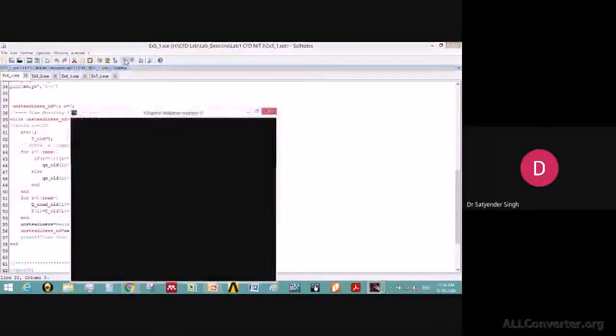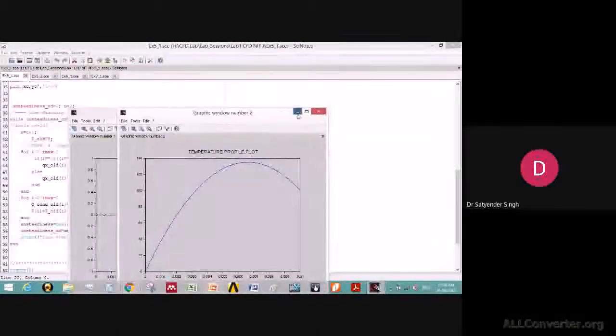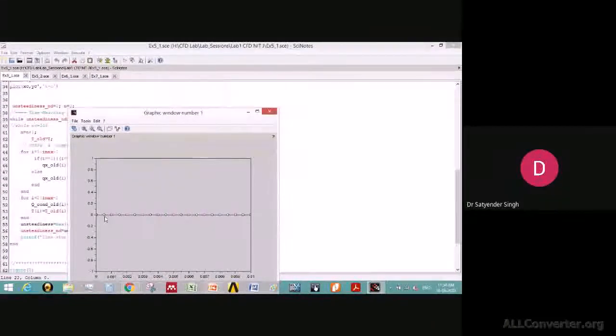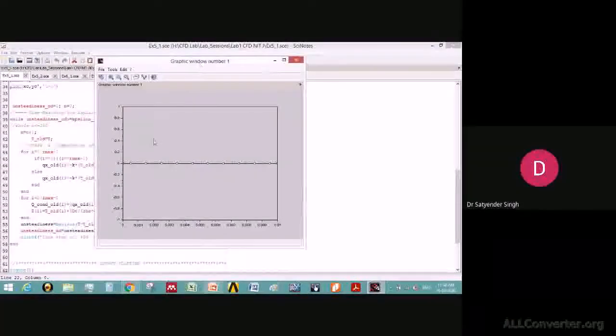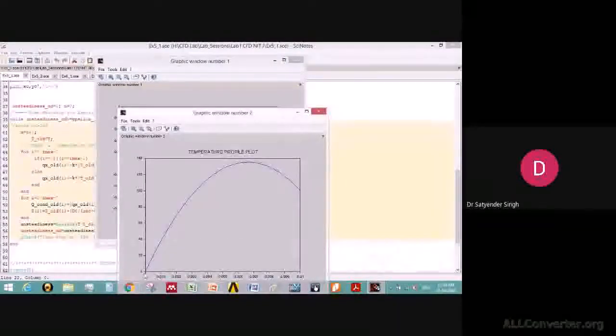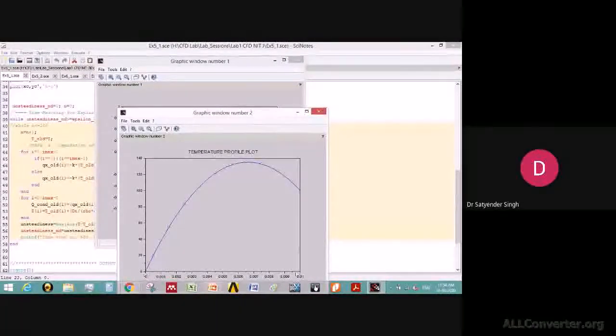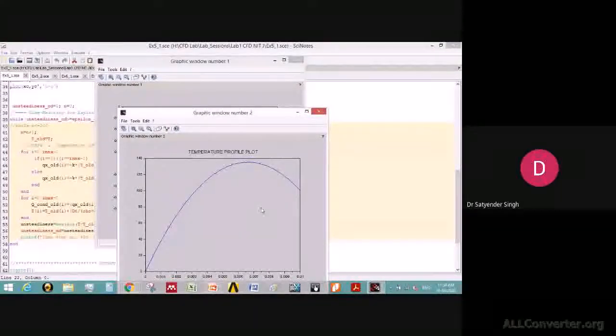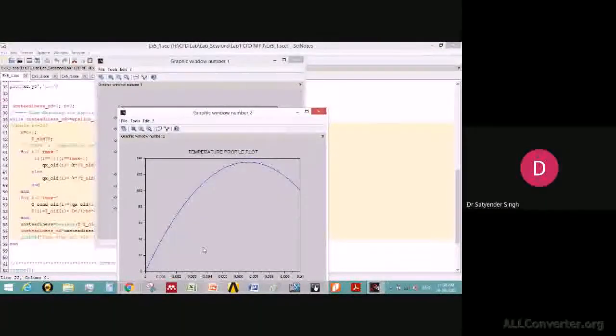Let me run it for you guys. So this first presentation is about the cells. These cells, earlier shown with the yellow color, are the cell centers, and these rectangles are showing you the flux terms, which are calculated on the basis of the difference between the two temperatures. This is applicable for a one-dimensional problem. Let's say in the result, this end we kept at 0, this end we kept at 100 degrees Celsius, and the nodes were initially at 30 degrees Celsius. Because of that, this is the temperature profile.